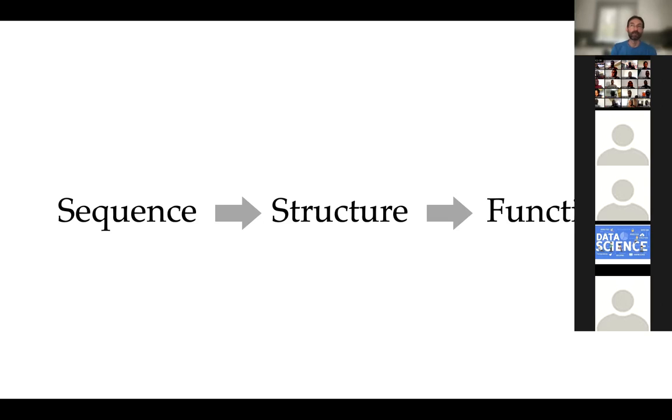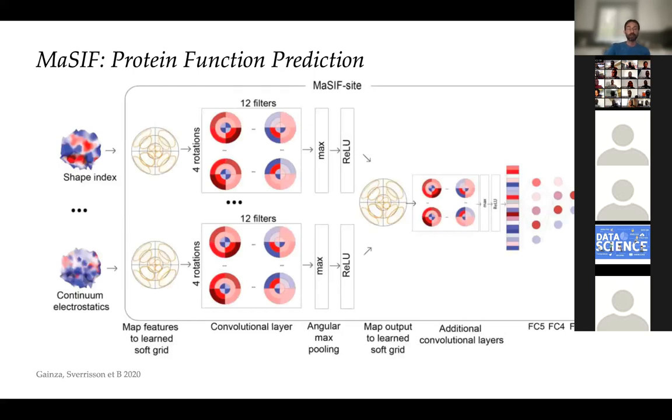This is, of course, a simplified picture because you can find proteins that have nearly identical sequence, but a very different structure. So it might be that you perturb just one amino acid and suddenly the thing folds into a different shape. You also find proteins with same structure, but very different sequences that generate this structure. And you can also find proteins that do the same function. They bind to the same thing, but evolutionarily they come from a completely different history, and therefore the structure and the sequence of these proteins is completely different. So they're completely unrelated.